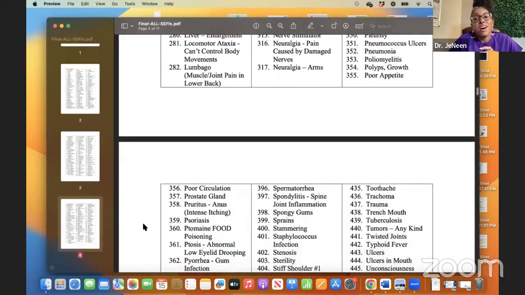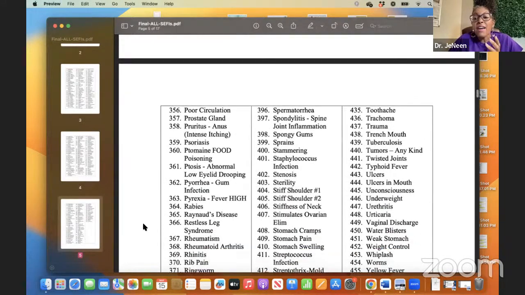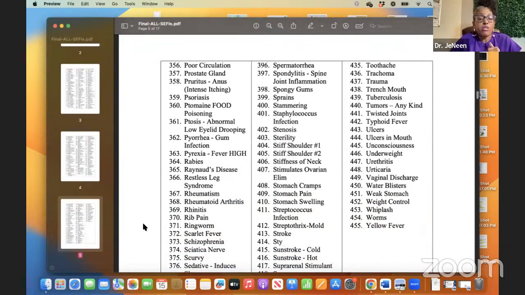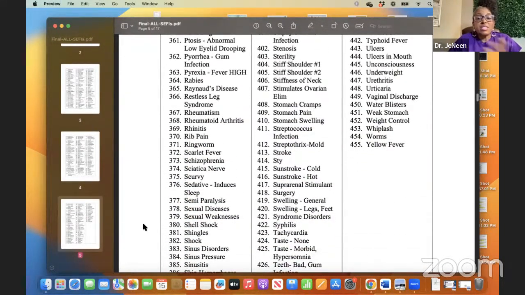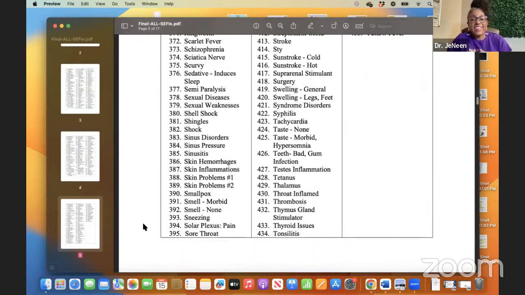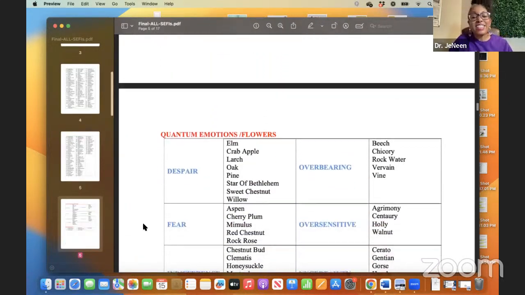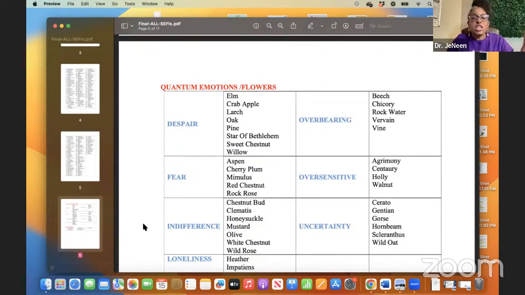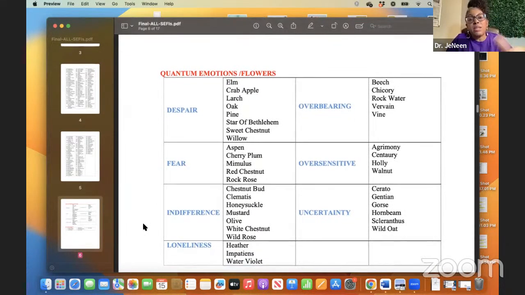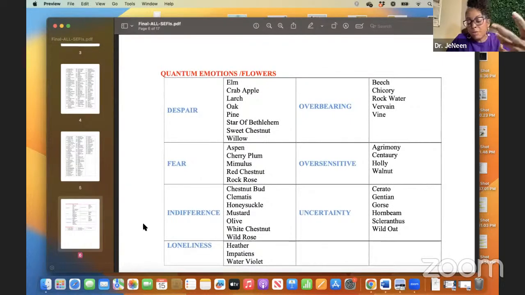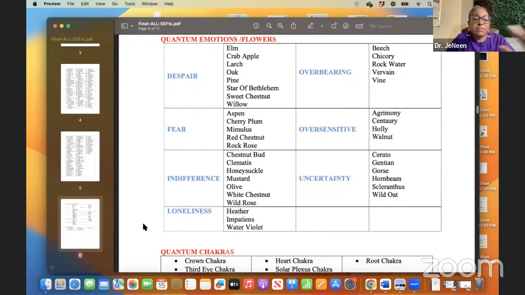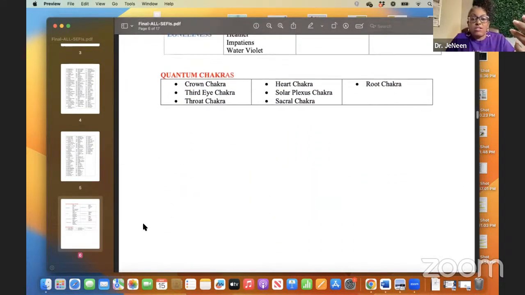Look at this. Poor appetite. Everything, ulcers in the mouth, restless legs, bad teeth. I mean, the list goes on and on. You've got emotional challenges. Anybody that's familiar with Bach flowers, Rescue Remedy is one of the popular ones you may have heard of. All of these things, energy centers,